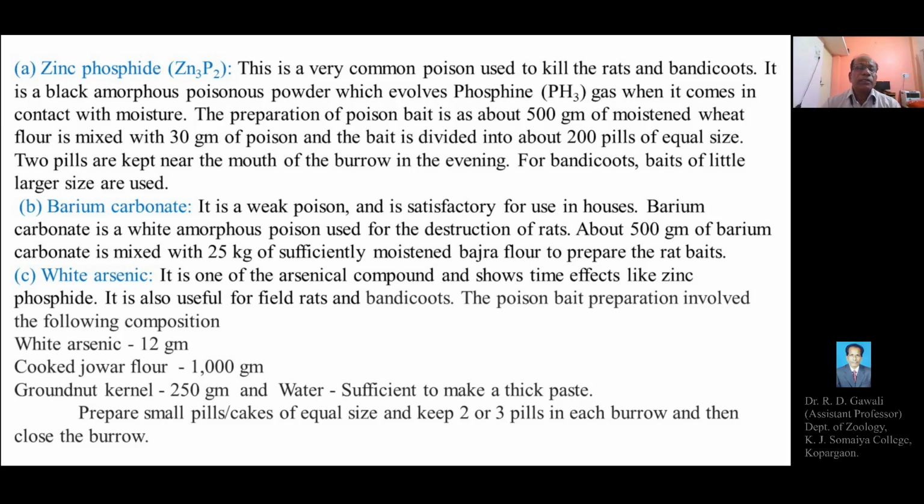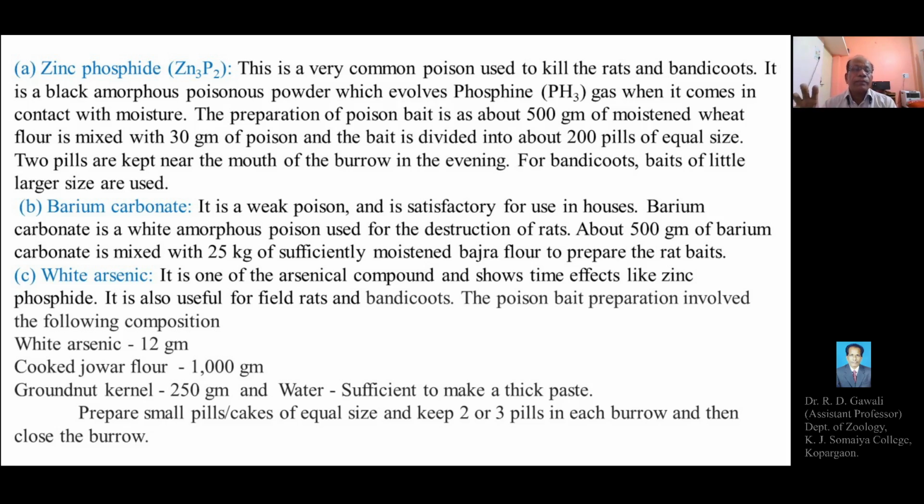Again, the third one is white arsenic. It is one of the arsenical compounds and shows the same effects as zinc phosphide. It is also useful for field rats and bandicoots. The poison bait preparation involves the following composition: white arsenic 12 gram,